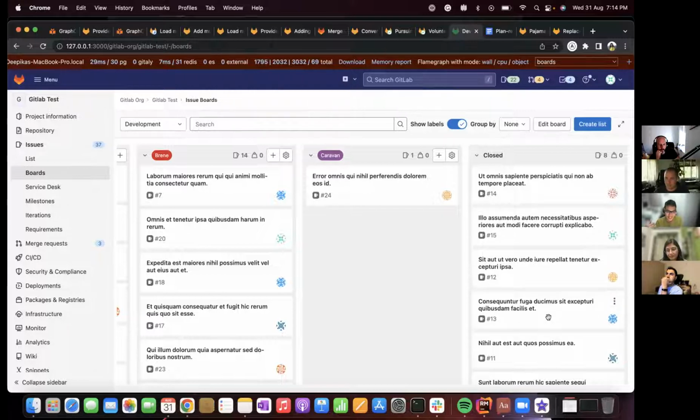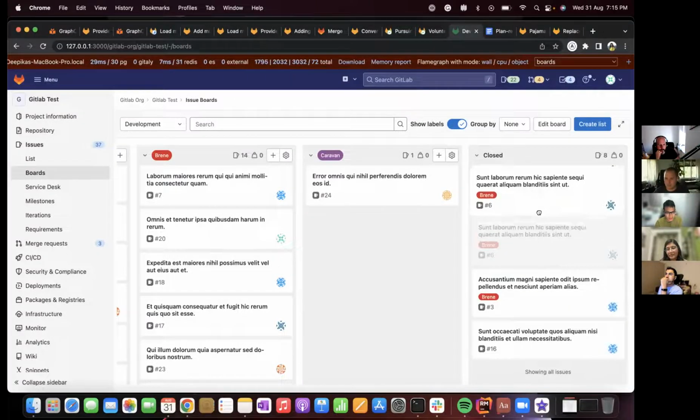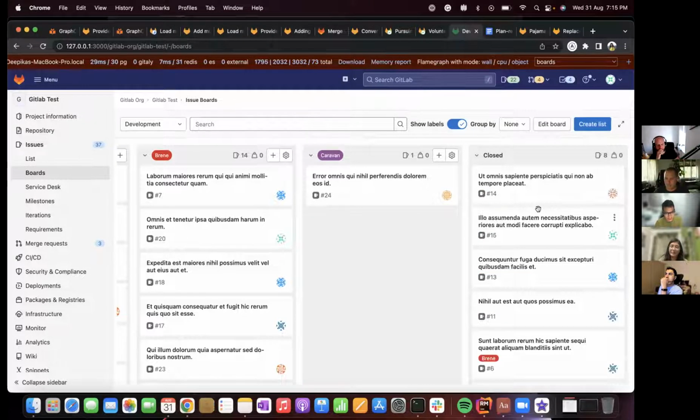So the ideal state is to disable sorting in the closed list, although there's a complication, because even if we disable sorting or dragging on this list, we still want it to be a drag target. You want a card to be dragged to the closed list to close an issue, and it should just go up to the top.